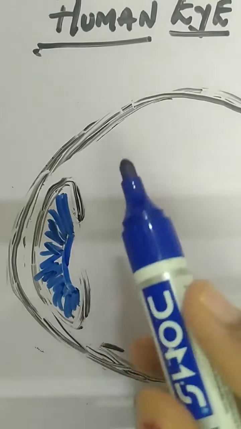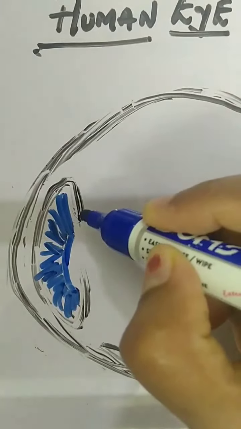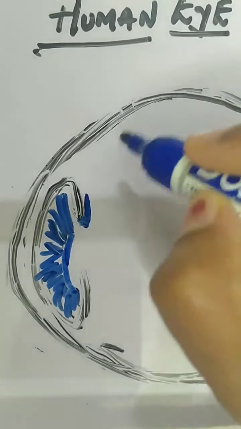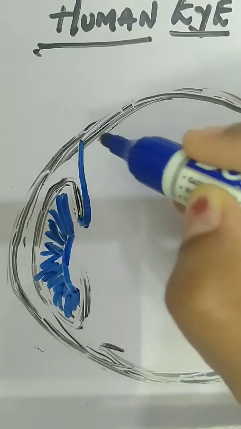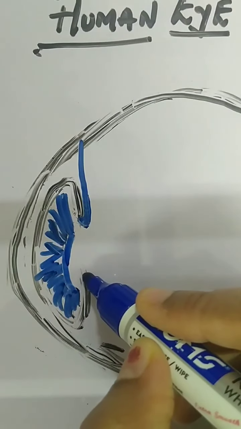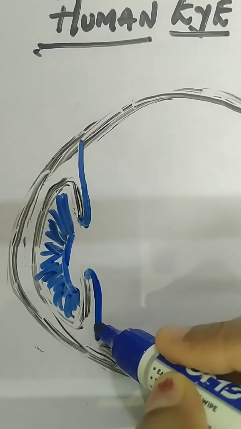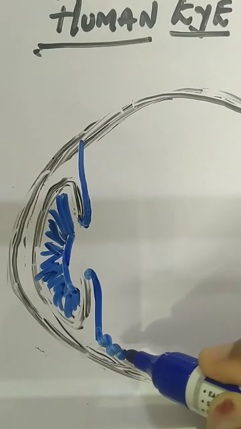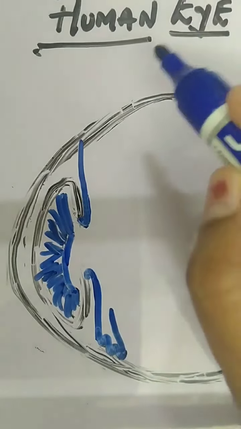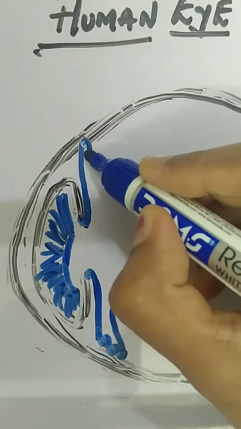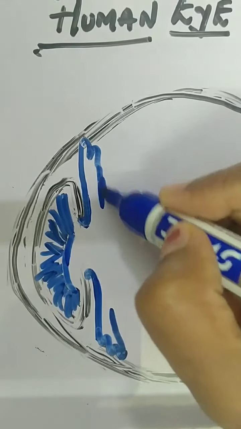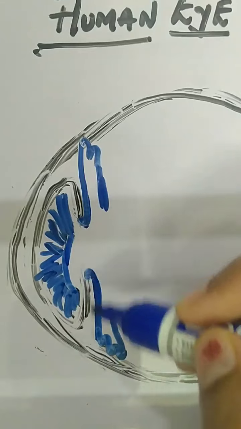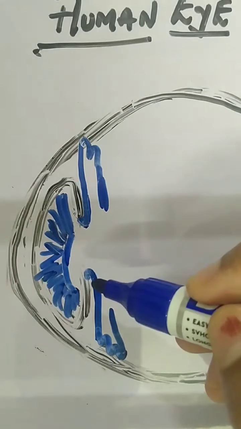I am using another color. Now from where you drew the ear, from there only you have to give a restart. From there a restart like this, go up. Same way from here, go down. And like mountain tops, a few mountain-like structures you draw and take it up. Same way here also, mountain-like structure, take it down.